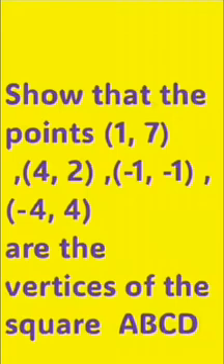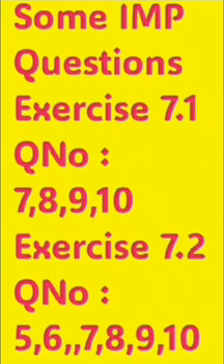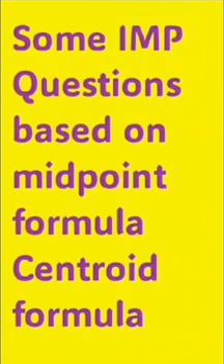Here we have to use the distance formula to find all sides of the given square. If all sides are equal, and the diagonals, meaning the length of the diagonals, must be